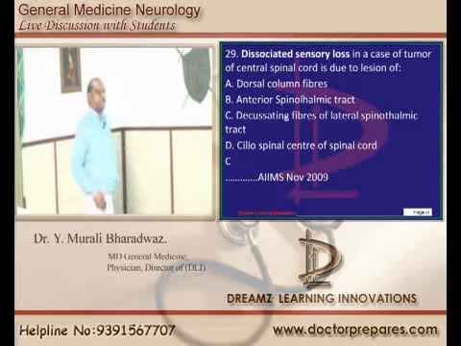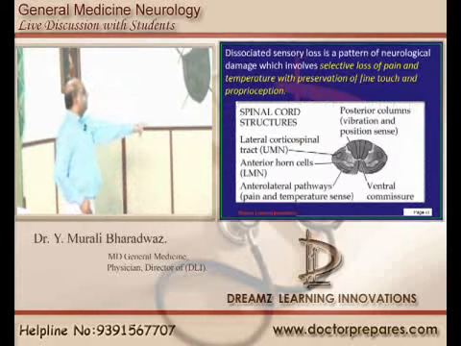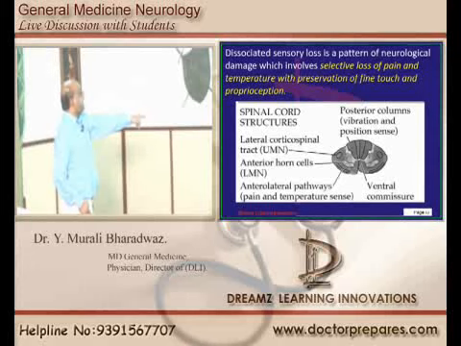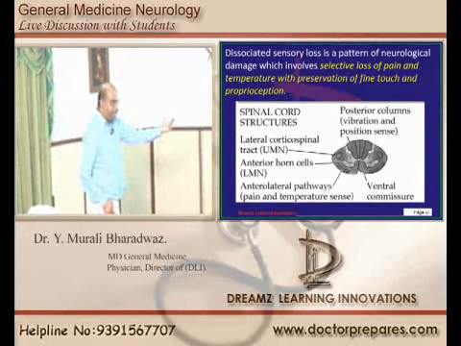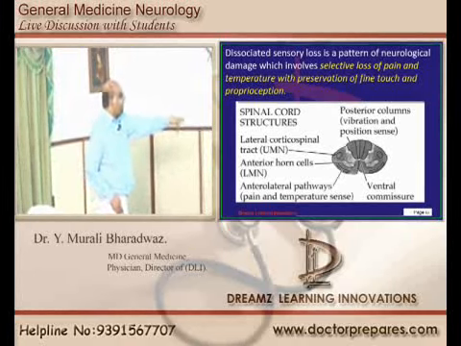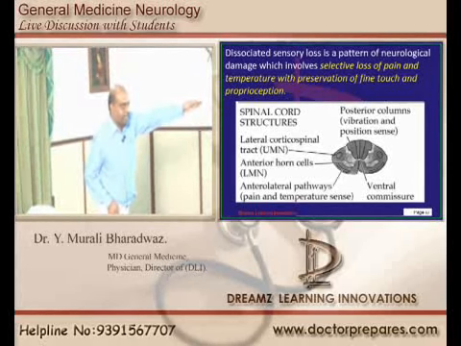If you take the cut section of the spinal cord, typically your anterior horn cells are here, and your pyramidal tract is here, and your pain and temperature pathways are typically located here, and behind are the posterior columns. If the central canal dilates, then what will happen? Your pain and temperature fibers are crossing to the other side, decussating. So they become compressed by this central canal dilatation.